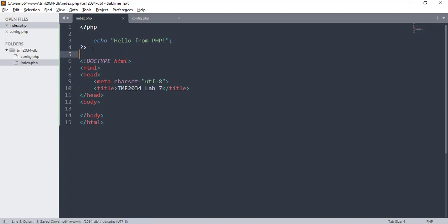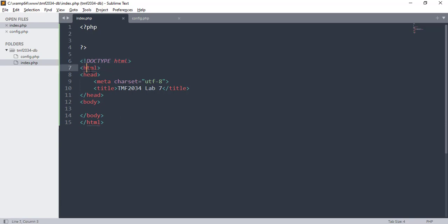I already have this PHP file, and I'm just going to write some HTML in it. You can see here this is the HTML. HTML is hypertext markup language, and this is the syntax. How can we write it? Every time, you have to open up the HTML tag. This is the document type HTML,